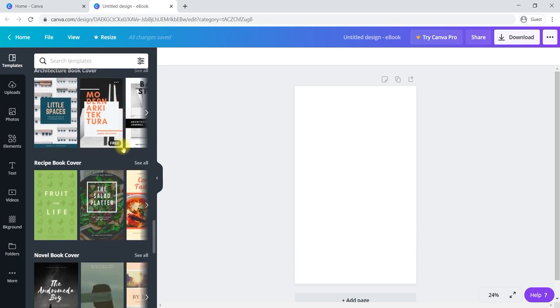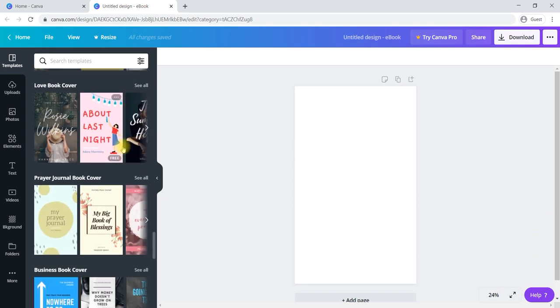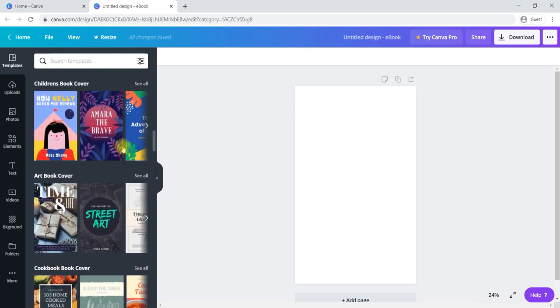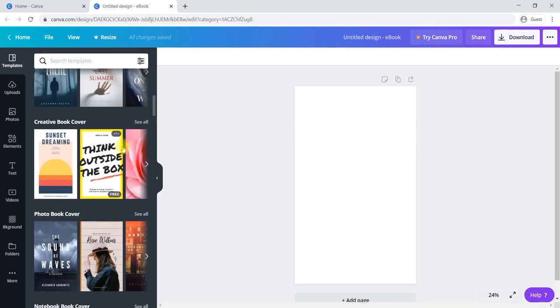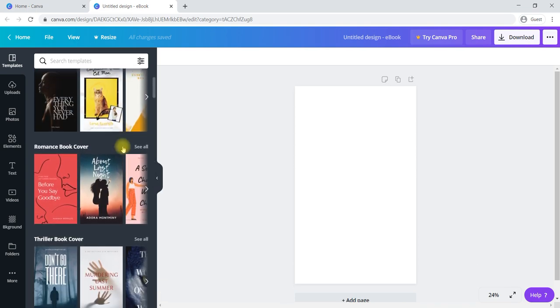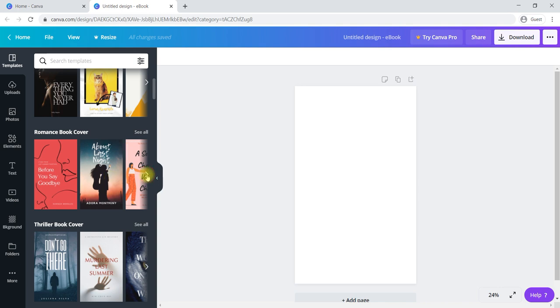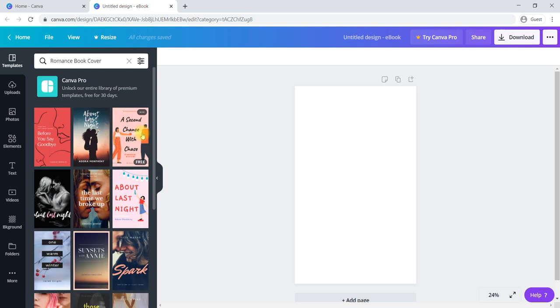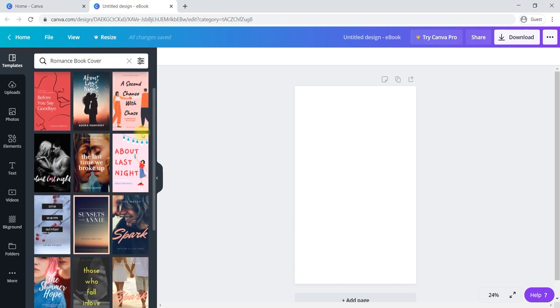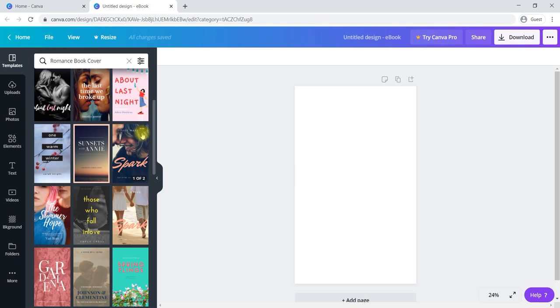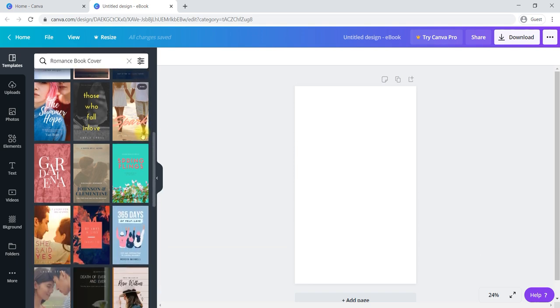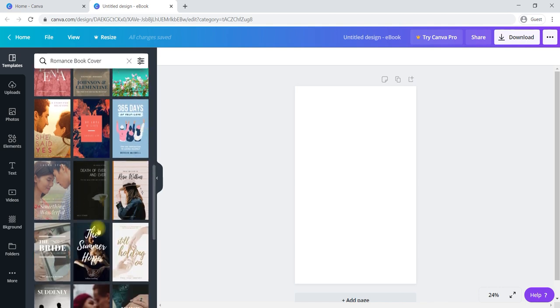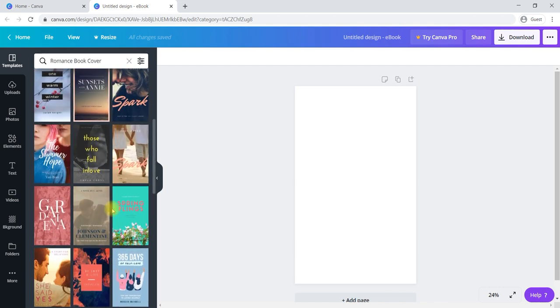Different formats, different templates are available. You can select which template suits you most. You have to select that particular template. We can select one particular template which will give authenticity, in the sense that someone can connect to your book by looking at the cover itself. So we can select such themes here.